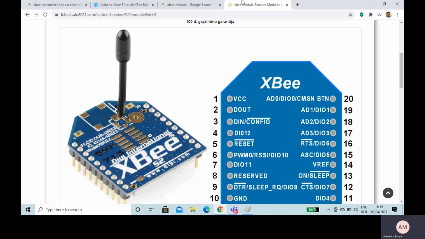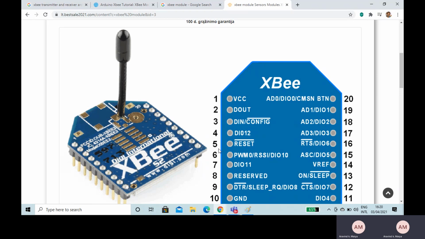You can see a 10 plus 10 header module, and the black protruded thing represents the antenna. So we have an antenna here, and we have different pins which are basically connected.